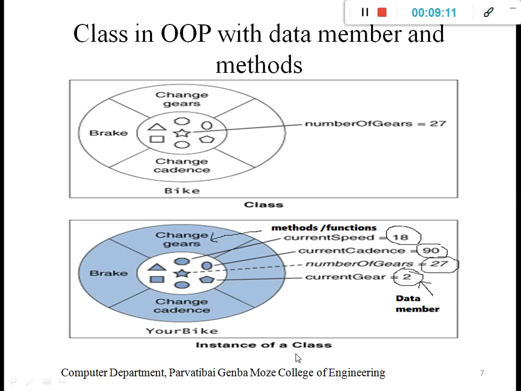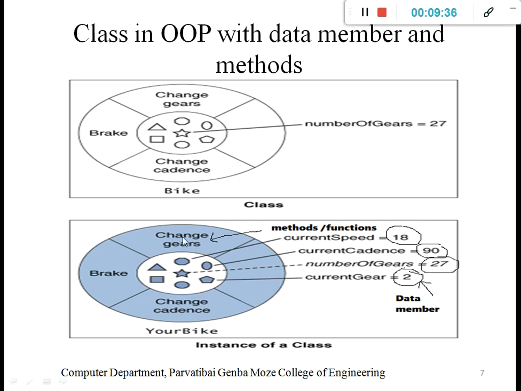Then what does an instance of a class mean? That is your bike. The data members are the current speed, the cadence, which means a particular speed within a second or per hour, the number of gears, and the current gear.